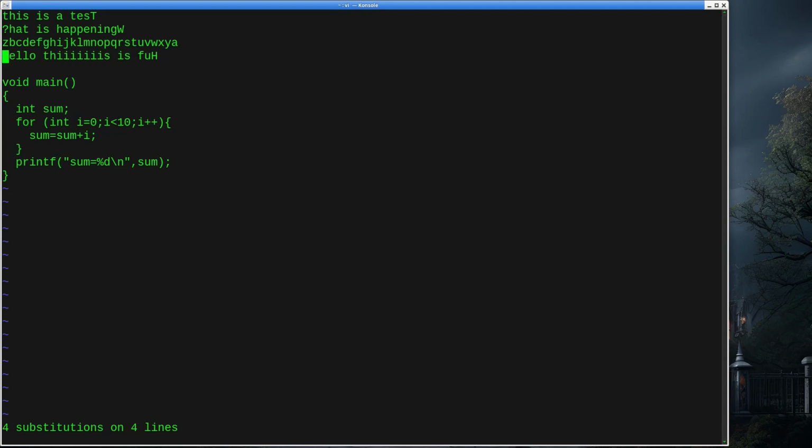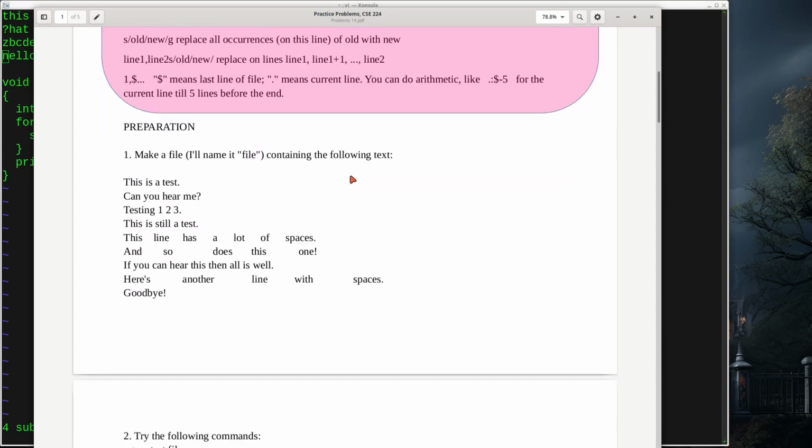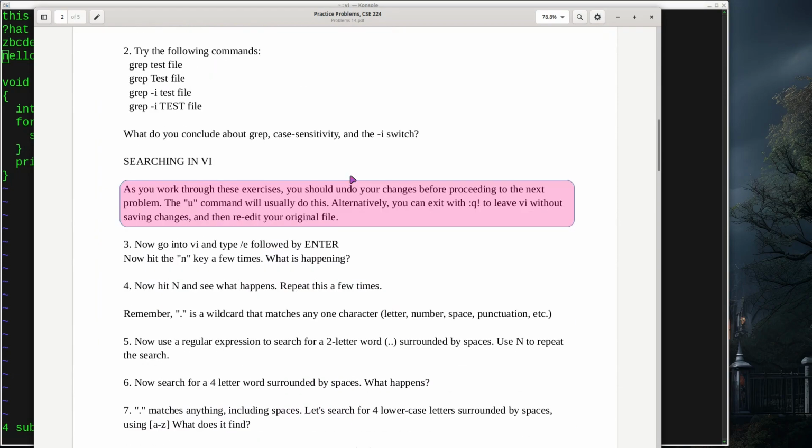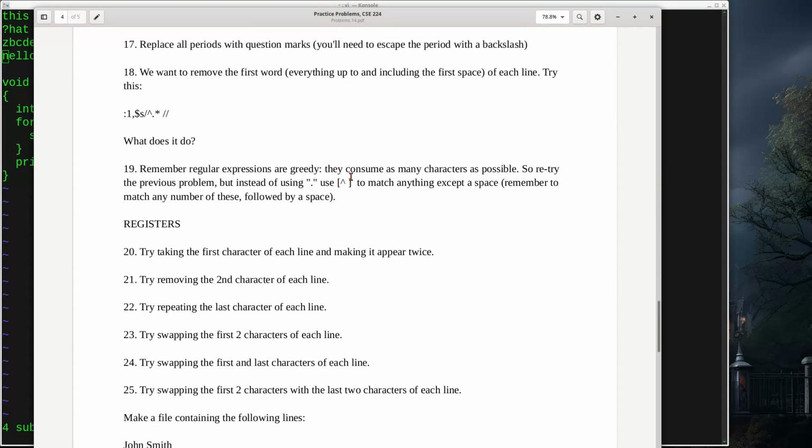It's a matter of trying to find combinations of these relatively few ways of describing patterns that will achieve whatever it is we want to do. But there's lots of different types of file manipulation that we can do based on this. And so the problem set we'll be working on goes through a number of these, including some of the things